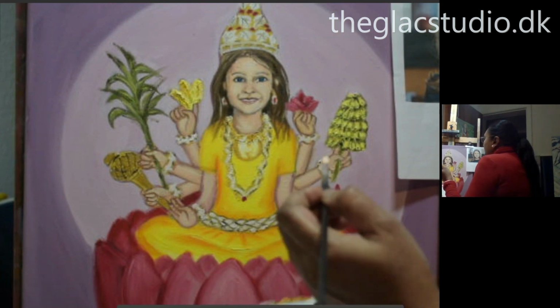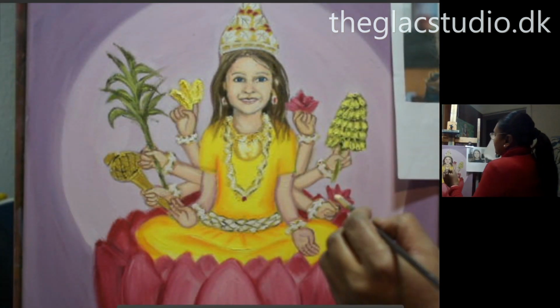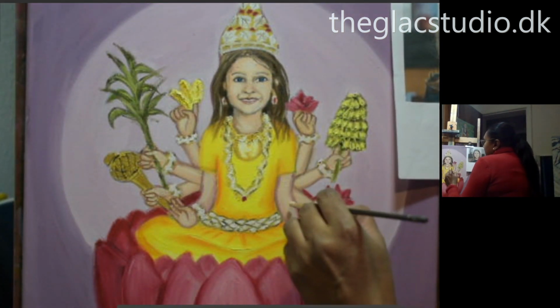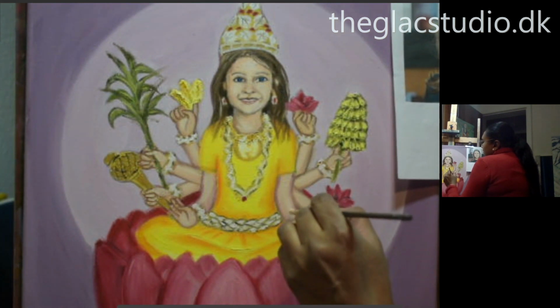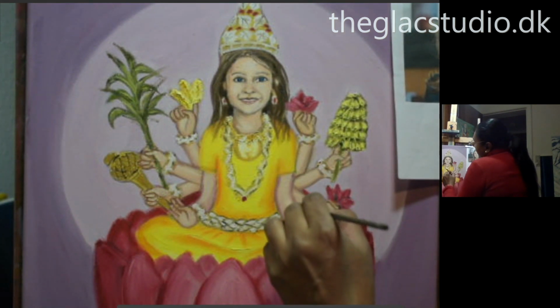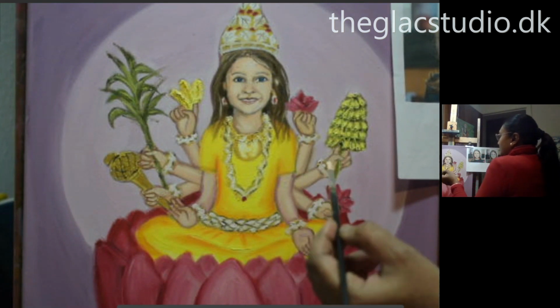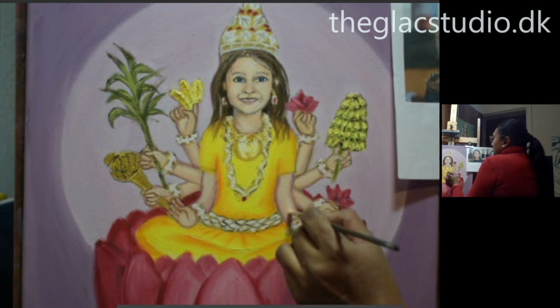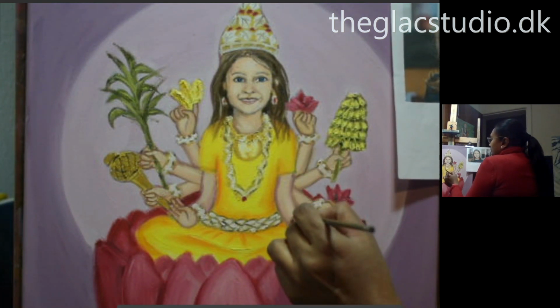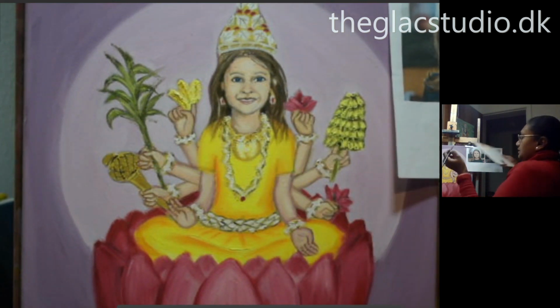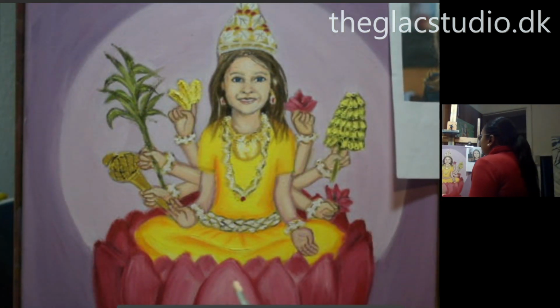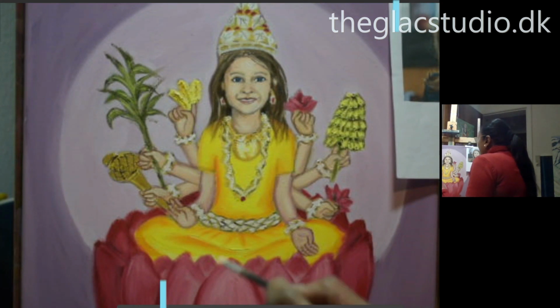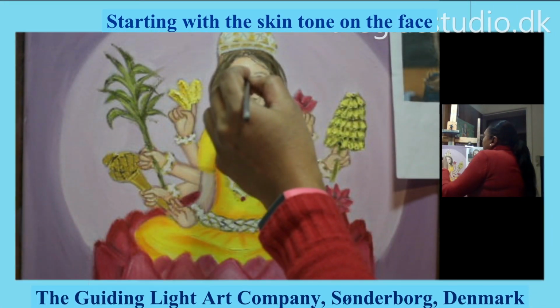I want to check first on the hands where I want the highlights. So I'm just testing it on the hands, and it almost looks like I have done nothing. And that's exactly what I want, because I want it to be used to highlight and help me in the process of establishing shades. So I'm going for the forehead,